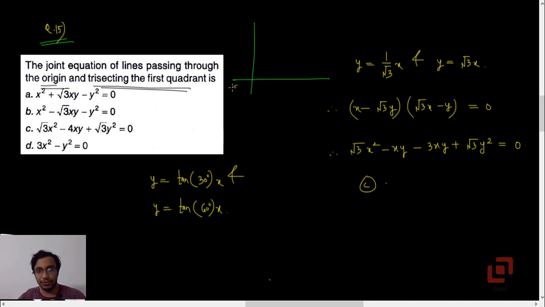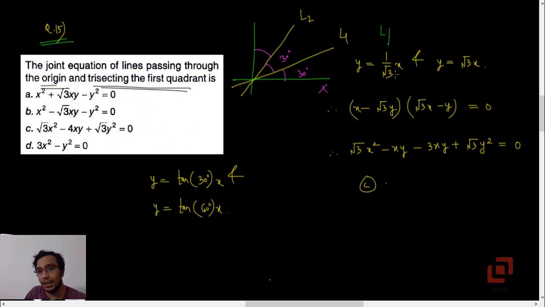Let's show them, L1 and L2, so that the quadrant gets trisected, which means this angle will be equal to this angle will be equal to this angle, and because the total angle is 90, each angle will be 30 degrees. So angle between L1 and the x-axis is 30 and the angle between L2 and L1 is also 30. Now just by knowing their inclinations we can get their equations. So what will the equation of L1 be?